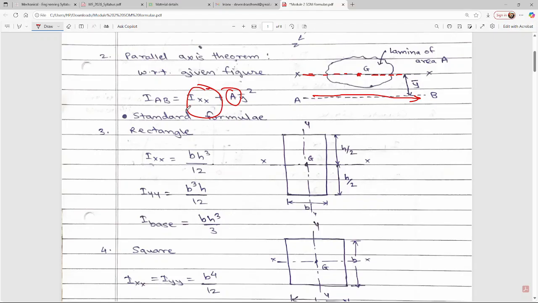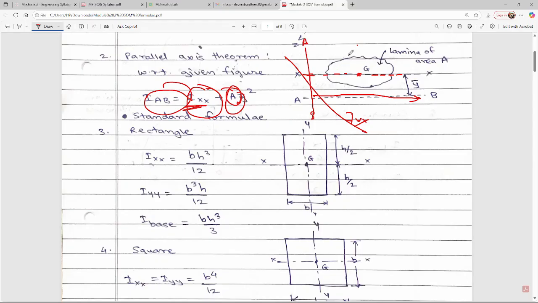So if we calculate IXX, we can simply find out I of AB, means moment of inertia with respect to any line, if we draw a line here. Okay, AB, we can also calculate the moment of inertia with respect to that line. Okay, how